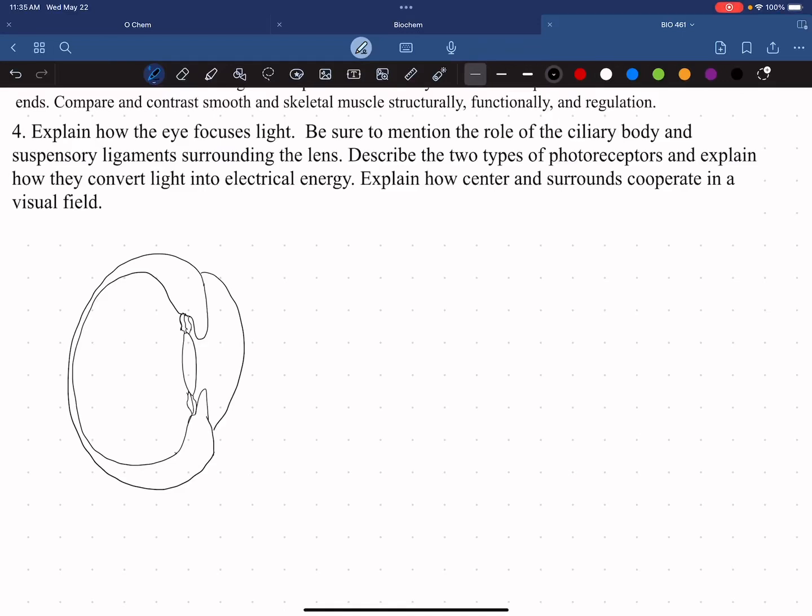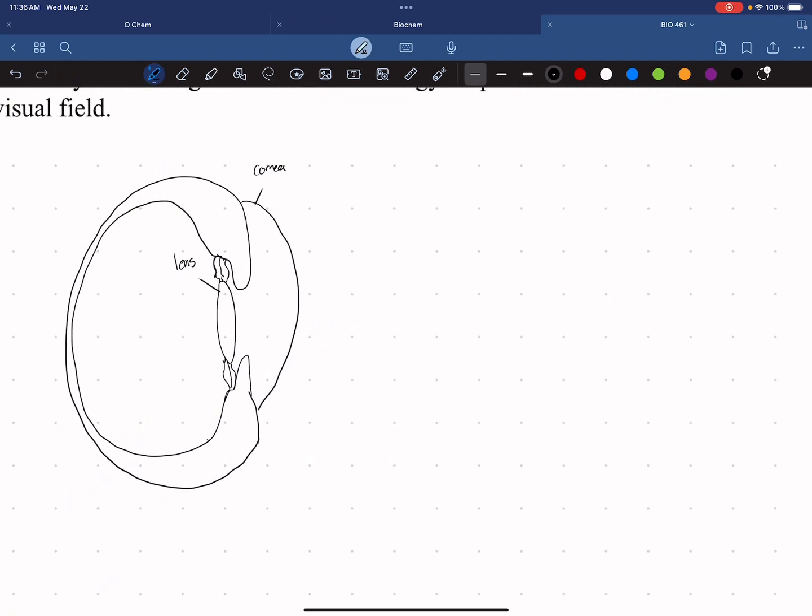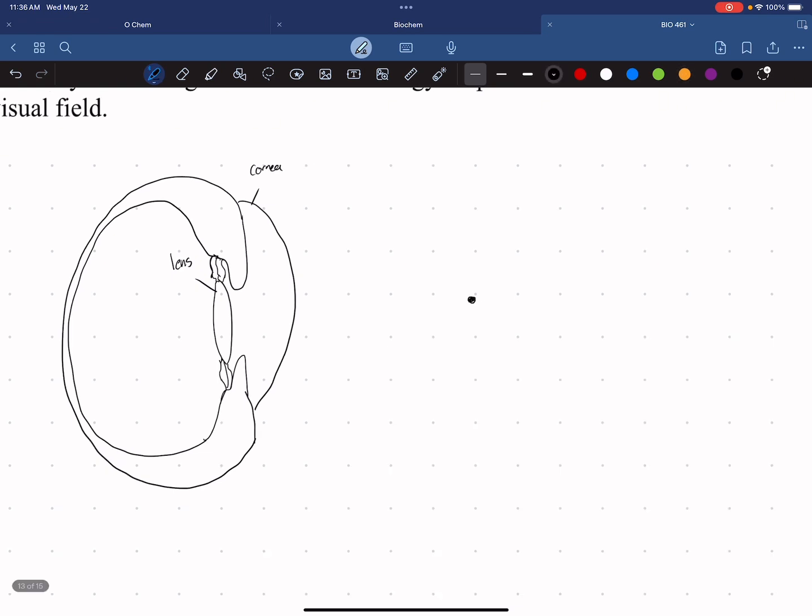Okay, so for question number 4, it asks us to explain how the eye focuses light. Here I've drawn a sagittal cross-section of the eye. I'll go ahead and label a few things here. Here we have the cornea. Here is the lens. So if we say that this right here is the point that we're looking at,